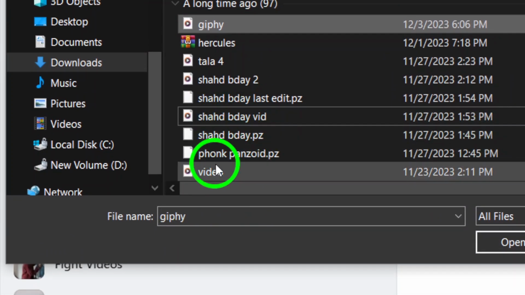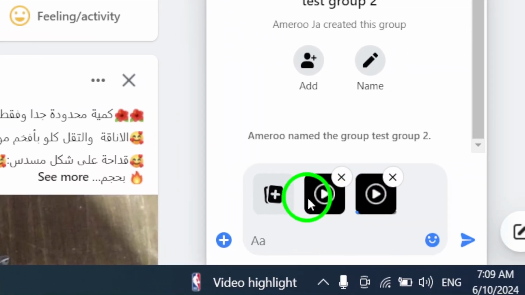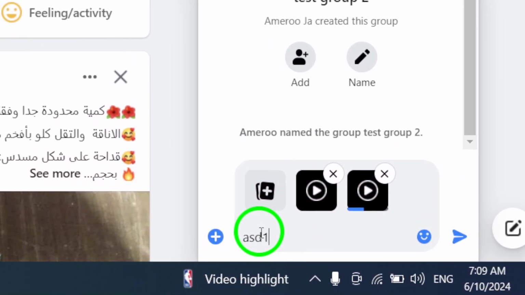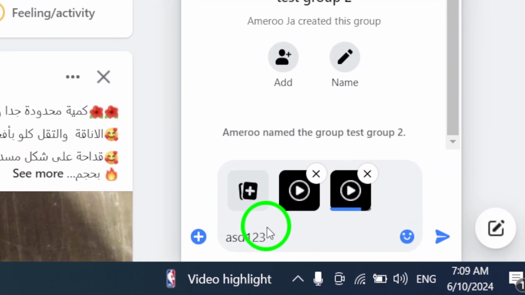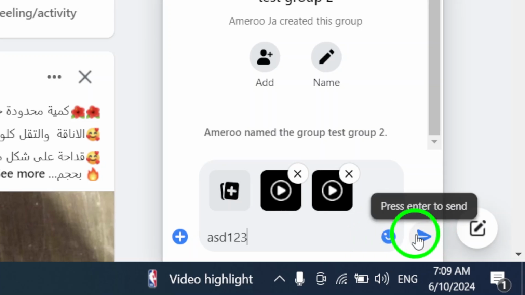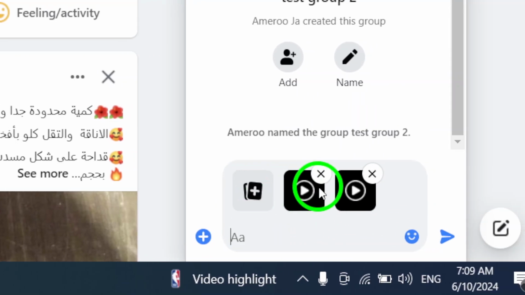Now, it's time to add a personal touch to your message. Write the note or message you want to accompany the videos in the text box. Once you've composed your message, click Send or press Enter on your keyboard to share the videos along with your